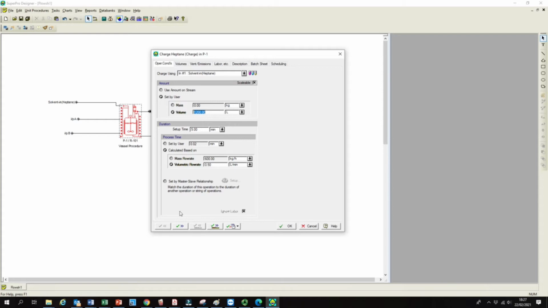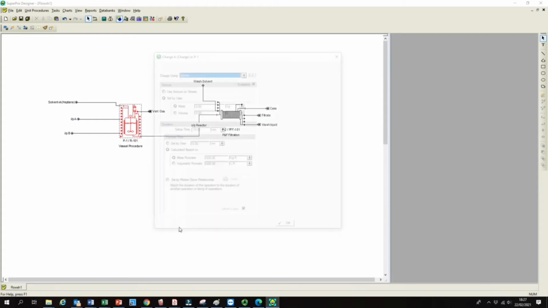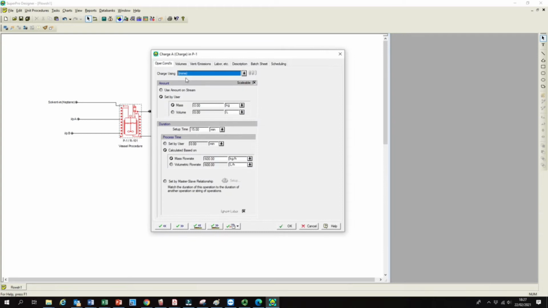And then if you press here the next operation, it will automatically take you to the next one. It will guide you one by one. So now what we are going to do is charge reactant A. So let's charge it. So select the correct stream here, input stream for reactant A, select it, and then we are going to add